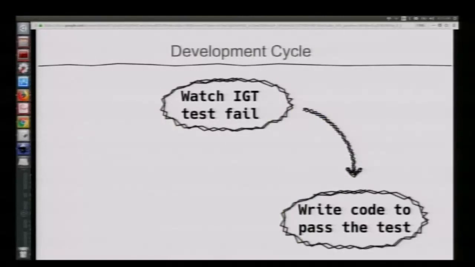So basically, we watch the IGT test fail. When it fails, we write some code that makes the test pass. And it's important to highlight that we have two situations when we write the code to make the test pass. First of all, the test can break. And if it breaks, it means that we need to implement something that is required for that test. It does not even fail. And after we implement it, probably the test will fail, which means that there is something wrong in the way